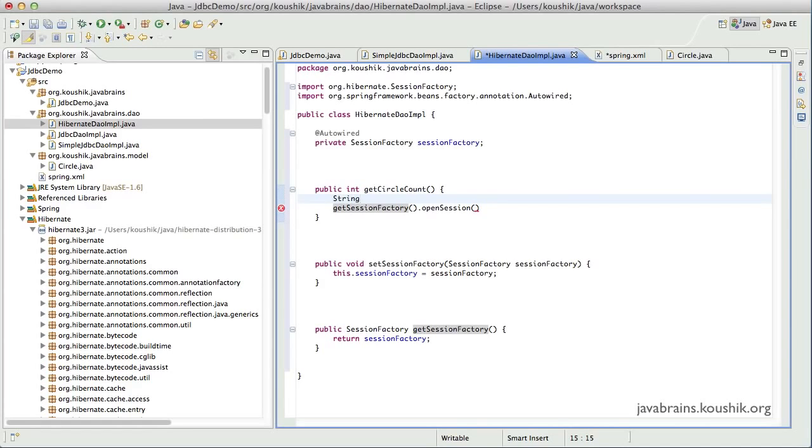I will write a string HQL here. It's not SQL, it's going to be the Hibernate query language. I'm going to use a select count of star from Circle. Notice that here the Circle happens to be the entity name, not the table name. Of course, in our example it matches, but notice that we're using HQL here, which operates only on entity